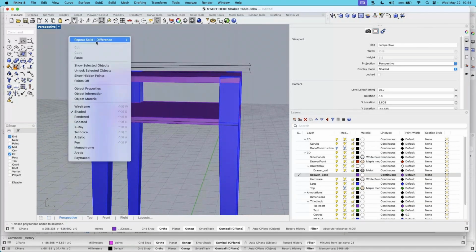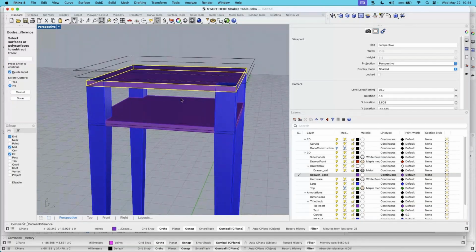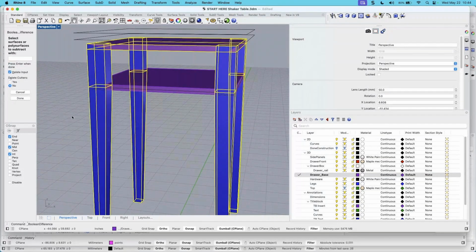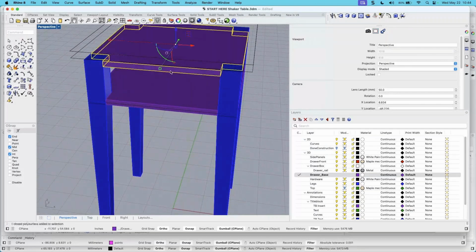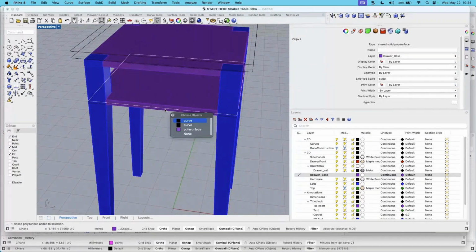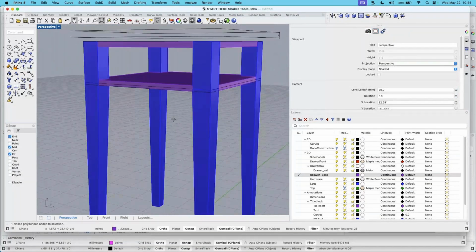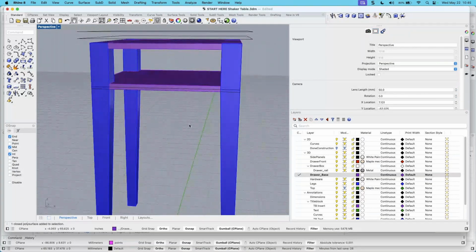So solid difference, pick the top piece, enter, and notice it remembered delete input and cutters, delete cutters, no. Okay, so I'll pick here and remove. Now I have two pieces that exactly fit those legs. Okay, and with that, we are ready to take a look at